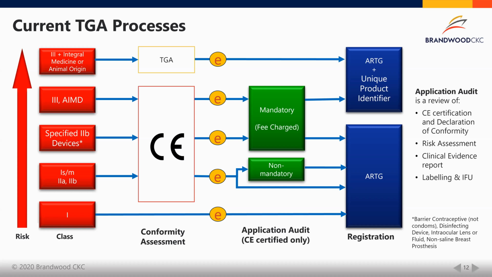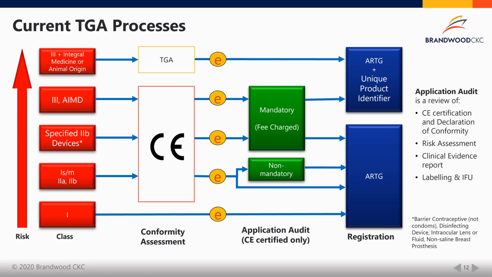So the TGA just requires that you notify, and it's very limited. There are a very limited number of devices that fall within that, reusable devices and those that pose minimal risk. There is class 1S sterile and class 1M measuring, and that again increases the risk, and you do need to provide conformity assessment. So evidence that the manufacturer has been assessed for that device in order to get an ARTG. Okay, thank you.